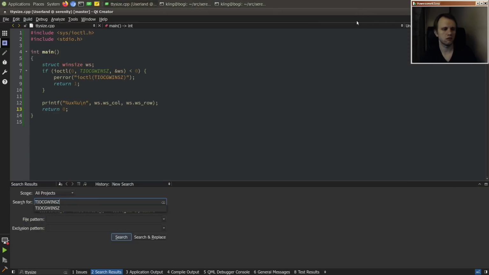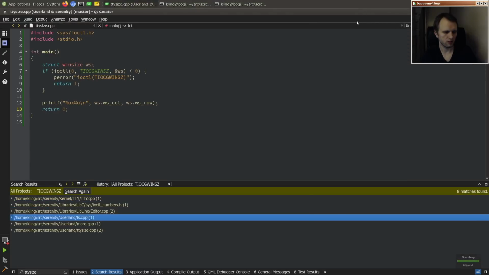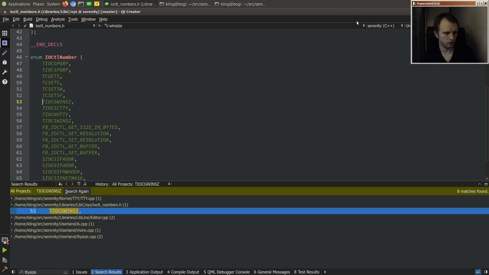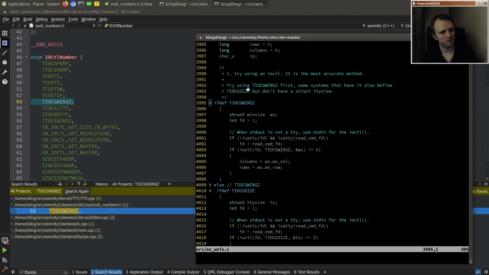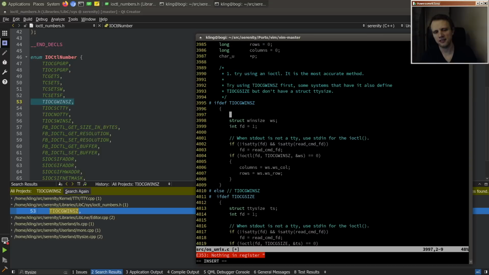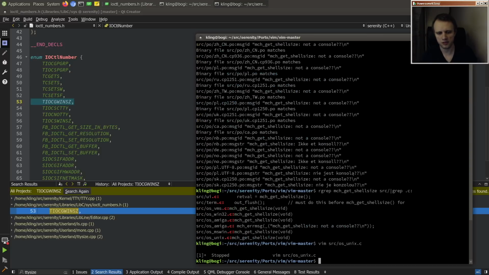Wait. They're doing an ifdef. So what if? Okay. So I see the problem. We're not compiling this code at all. So I put garbage here and